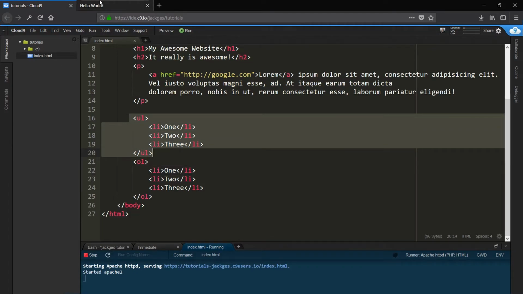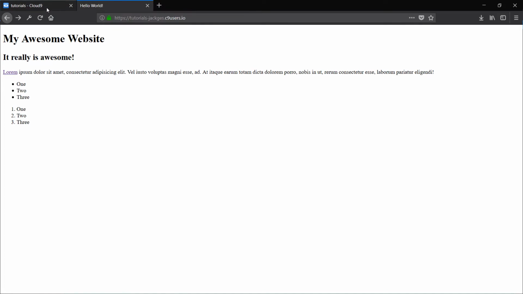You're also going to use lists for things like menus and things like that, so we'll cover that. That's a bit more advanced, but